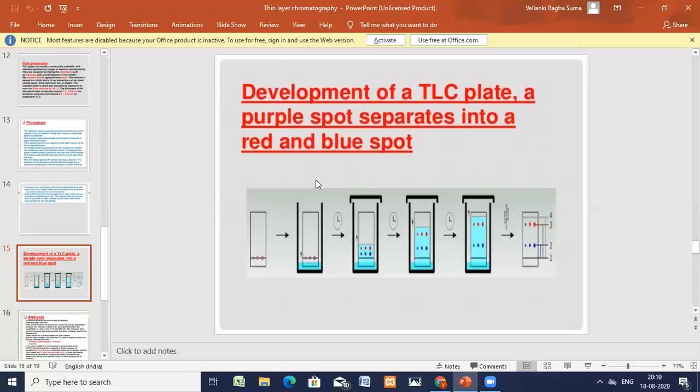Alumina, the coating material, is basic in nature. Adsorption and partition can be done. It is basic, and neutral substances, alkaloids and dyes can be separated. Silica gel is acidic in nature. Adsorption and partition can be done. Neutral substances, amino acids, sugars and lipids can be separated. So these are the types. It's not given in the slide, but I'm explaining the adsorbents. So for coating material, you can take cellulose, Kieselguhr, alumina, and silica gel.